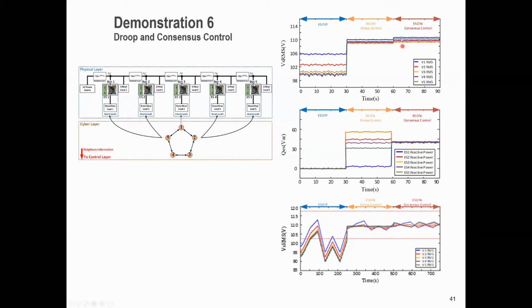Once we introduce the consensus control, again, the 5 nodal voltages are close to the nominal value of 110 volt. You can see now that they share almost equal compensation efforts under the consensus control. Now, if there's a failure in the cyber layer, the individual electric spring can still go back to the droop